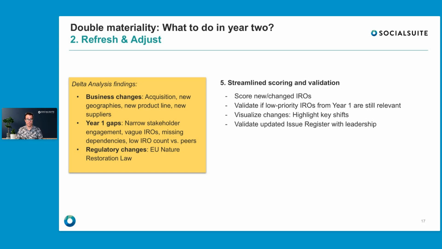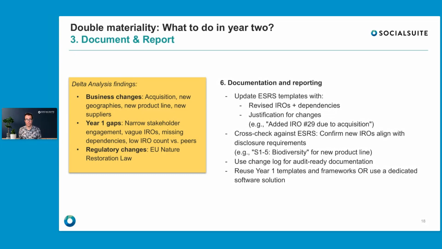So maybe you have another workshop with leadership or your cross-functional sustainability team in which you say, our IRO register has now been updated. Last year we had 40, now we have 200. What we've done is highlight the new ones and the questionable ones I want to focus on with you today. We don't need to run through everything, but there are some focused areas and IROs I want to talk to you about and see if that makes sense. So again, be targeted here. And once you've validated that, we can go to that final phase.